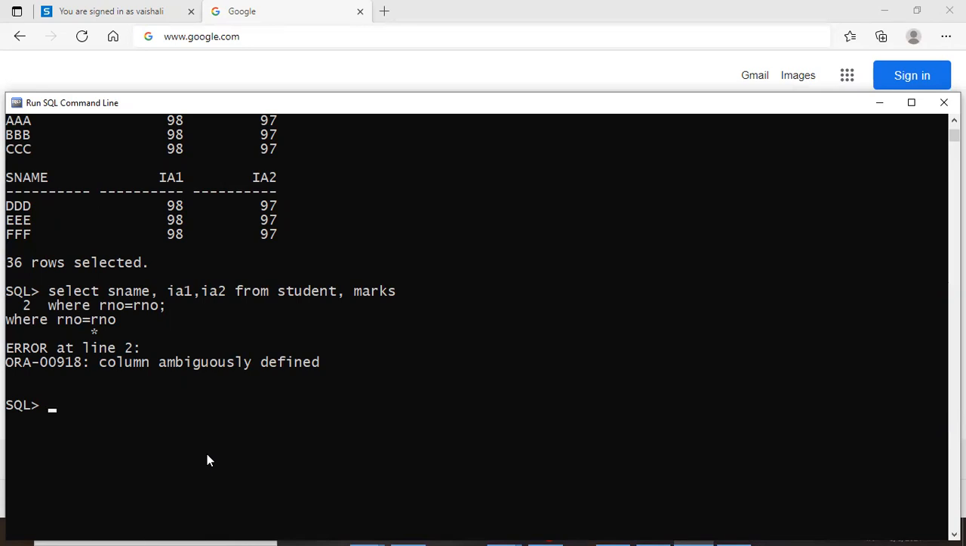So what do you mean by ambiguously defined? That means confusing. It is not understanding because roll number is there in both the tables. So which roll number to take first and which to take second, it is not understanding. To solve this ambiguity error, I should prefix it with the table name: where student.roll number equal to marks.roll number. So take the roll number from the student table, match it with the roll number from